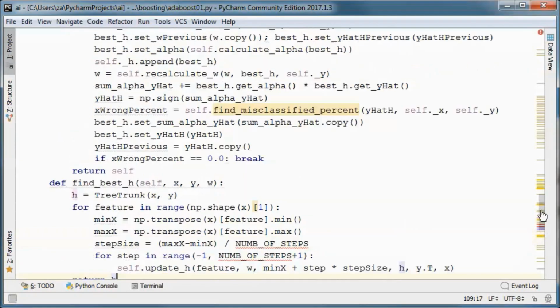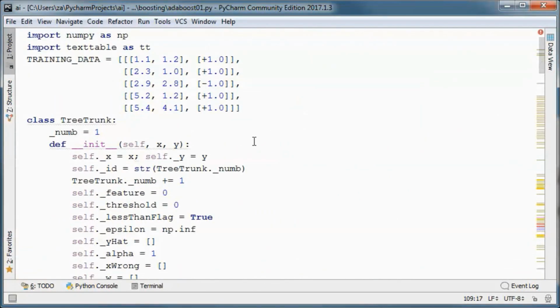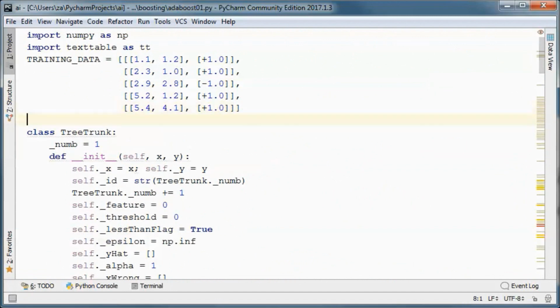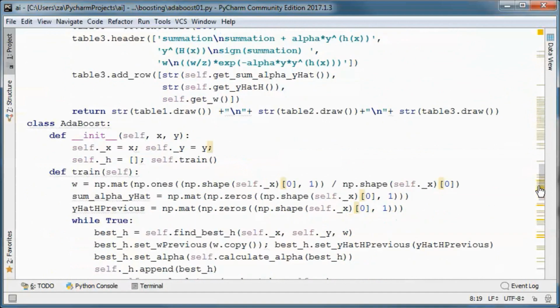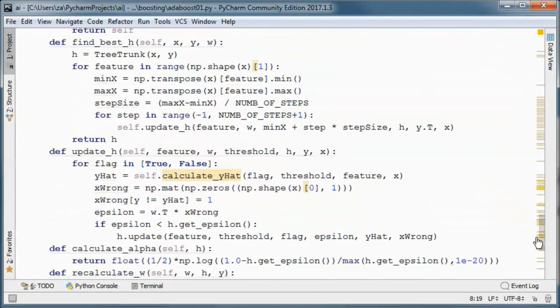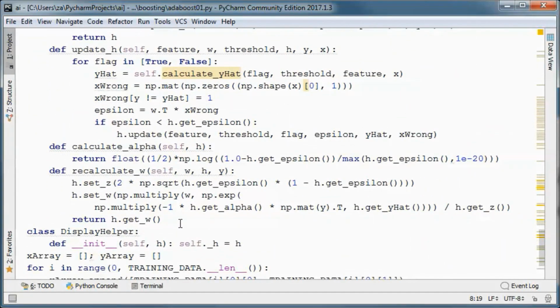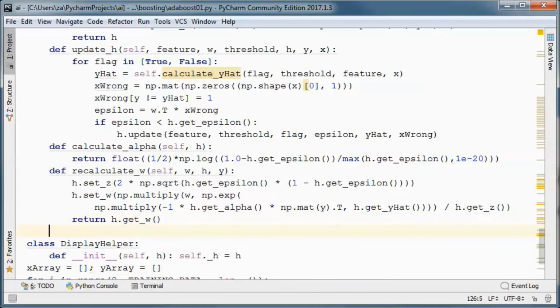So let's go up here and define the number of steps. Let's have it 10 for now. And we still need to add those two methods here.